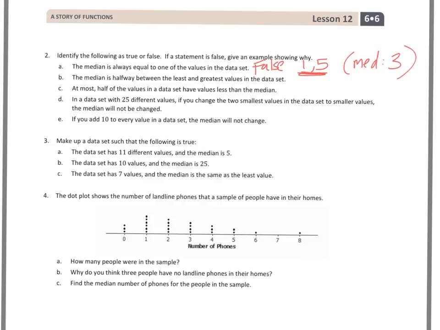So let's take a look at B, and I'm not going to go as in-depth on these explanations, but I'll help you get at least a start whether you need to find an example or not. So B says the median is halfway between the least and greatest values of the data set. That's false. When you find the mean of the least and greatest, that's going to get you halfway, but the median is not always halfway, and that's actually what we can look at from the problem we just did when we had